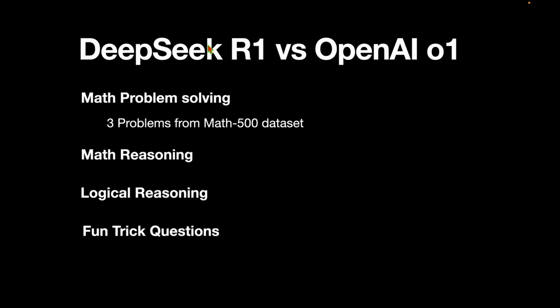So in my previous video, we saw about the DeepSeek R1 paper. In this video, let's directly compare DeepSeek R1 with OpenAI's O1. More specifically, let's dive into mathematical problem solving. Let's look into 3 problems from the Math 500 dataset and find out which of the 2 models do best